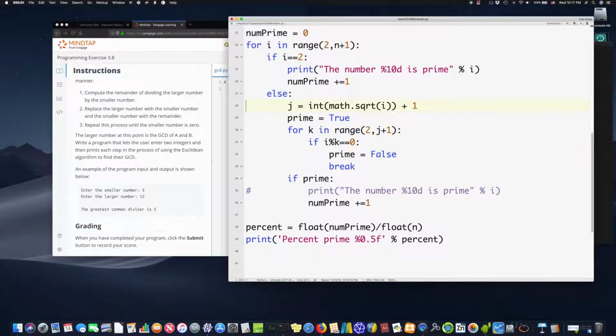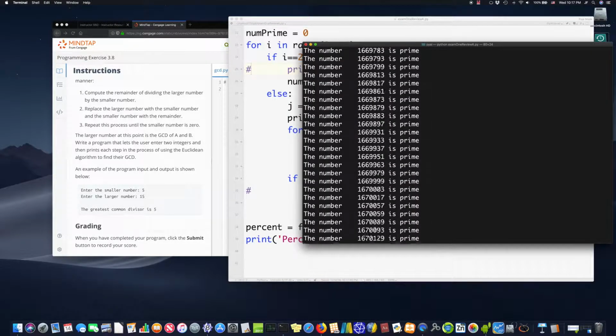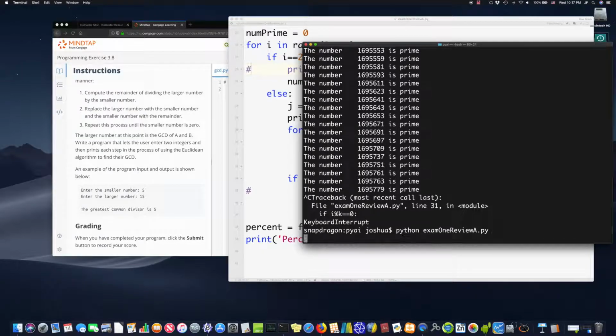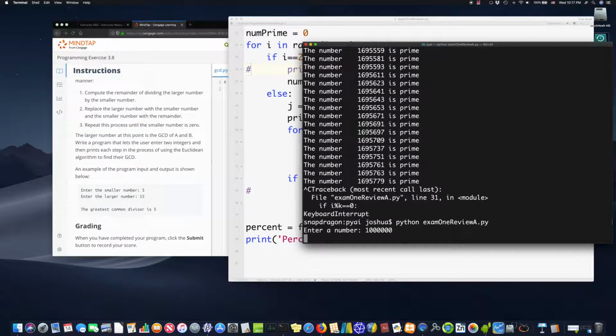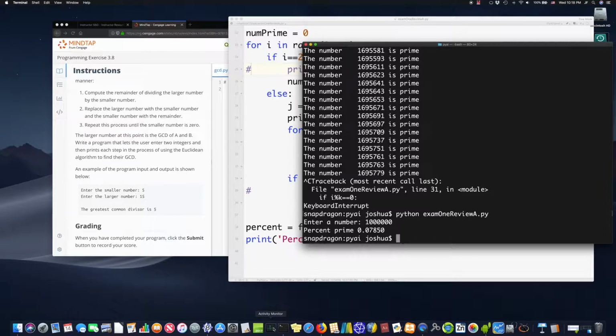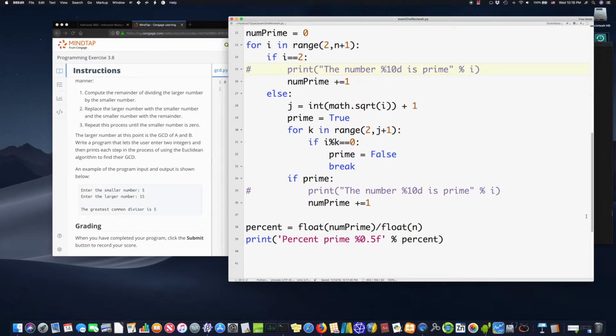It's still going. Control C interrupts. .07850. And if you want to know what that number is, it's x divided by the natural log of x. So that's how you